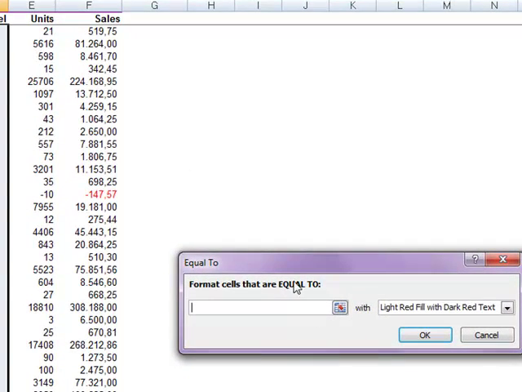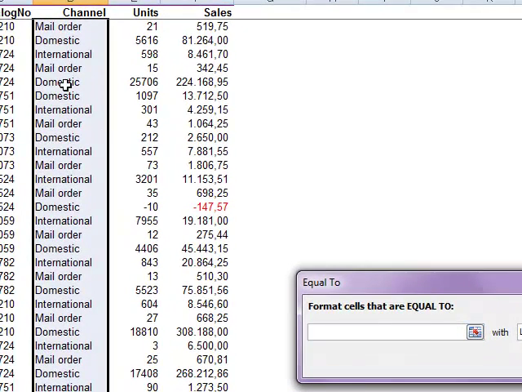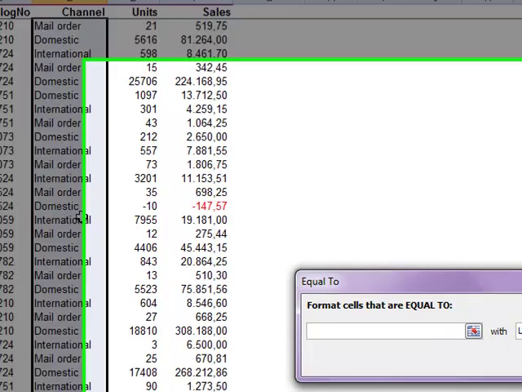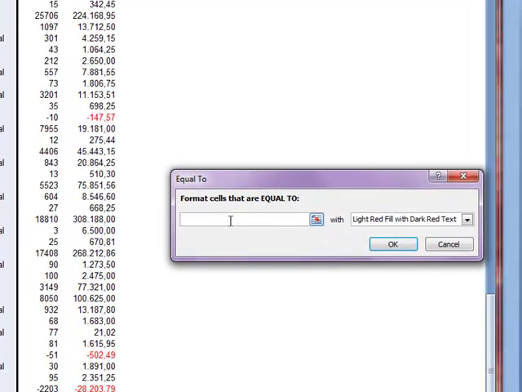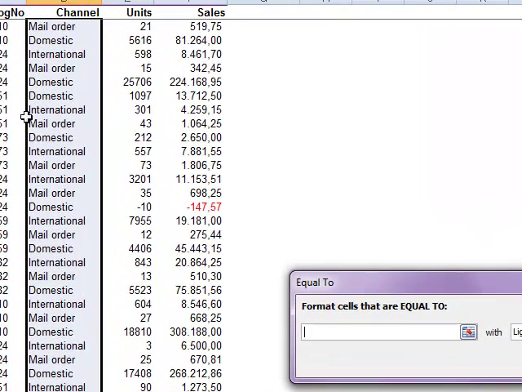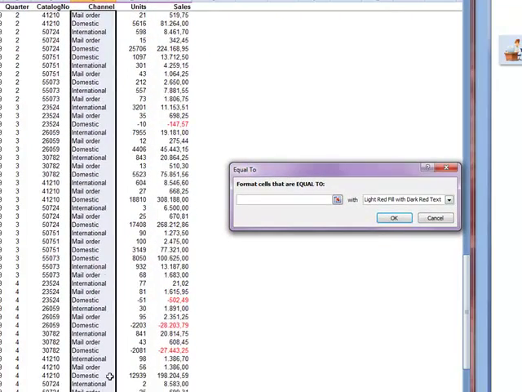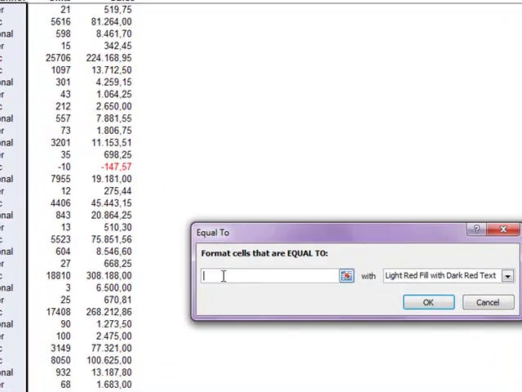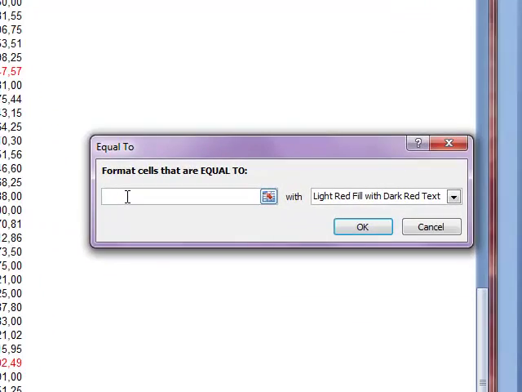What we are going to tell Excel to do now is that for the data elements in every cell of this column, we want a particular treatment as far as the international data element is concerned. As you can observe, there is a mail order, a domestic and an international data element that repeats itself all the time here, and maybe I want to stress the international data elements so that they are more visible than the rest of the elements within this spreadsheet. So I type international